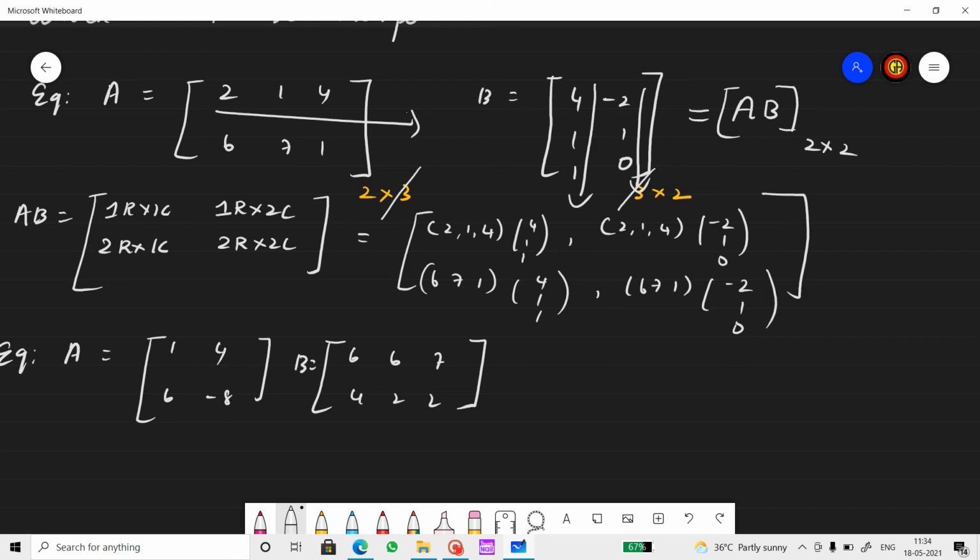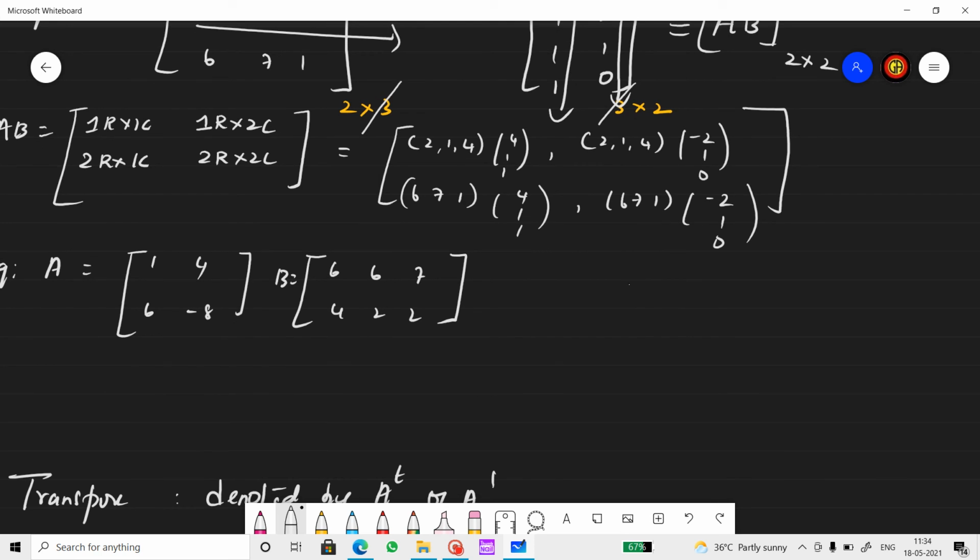I would insist you do this step, particularly when you're starting the multiplication process. Some students are always lazy to do the steps. Don't skip the steps. Do it. You will find the difference. If you do the steps, you can avoid your mistakes. Now, when I finish multiplying this, what do I get?